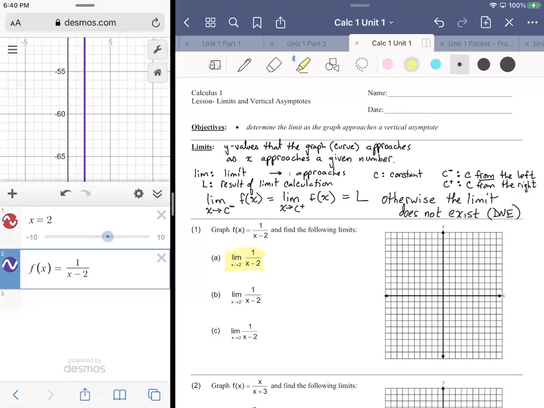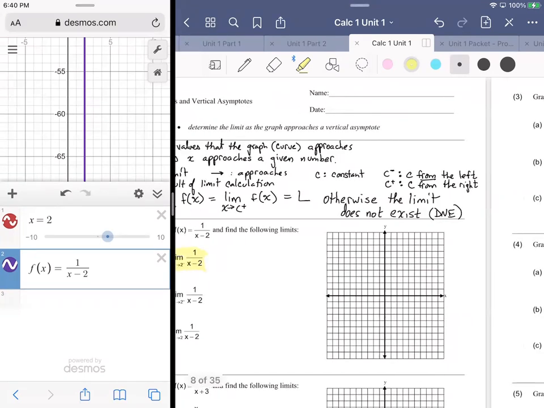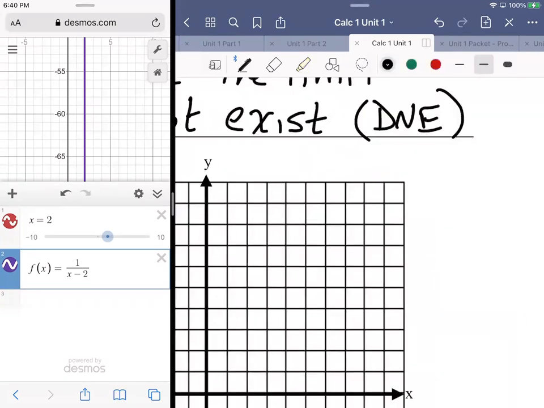You could solve any equation, whether it's the graphing calculator, the TI, or Desmos calculator, just by putting the left side of the equation in as one equation and the right-hand side in as another. So for example, just a little sidebar here, if I wanted to solve for x where y is equal to negative 60,